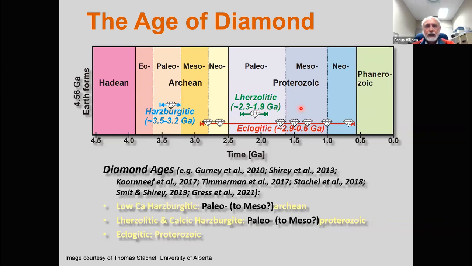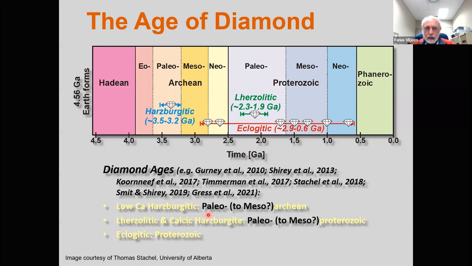Where it gets more complicated and more uncertain is in the case of lherzolitic diamonds, as well as the more calcic harzburgitic diamonds. What I mean by calcic harzburgitic diamonds is these diamonds contain purple garnets, which are peridotitic, but those garnets are comparatively calcic. They sit fairly close to the Gurney line. And particularly with the recent advent of high precision dating, which was applied about 5 years ago to the Venetia kimberlite, where